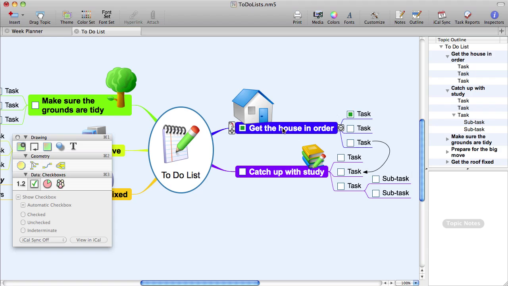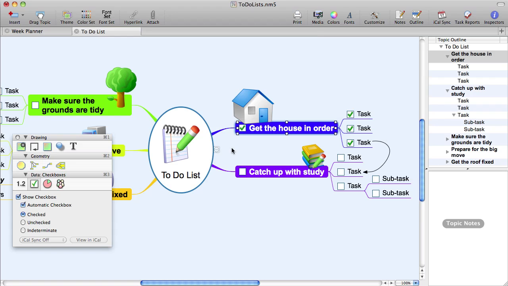There are 2 types of checkboxes: automatic and manual checkboxes. By default, all checkboxes are automatic. Automatic checkboxes get their checked states by accumulating the state of the checkboxes on their subtopics. Manual checkboxes are completely independent of their subtopics. Automatic checkboxes are square and manual checkboxes are round. While it is possible to mix automatic and manual checkboxes, in most cases it's best to stick with one type,